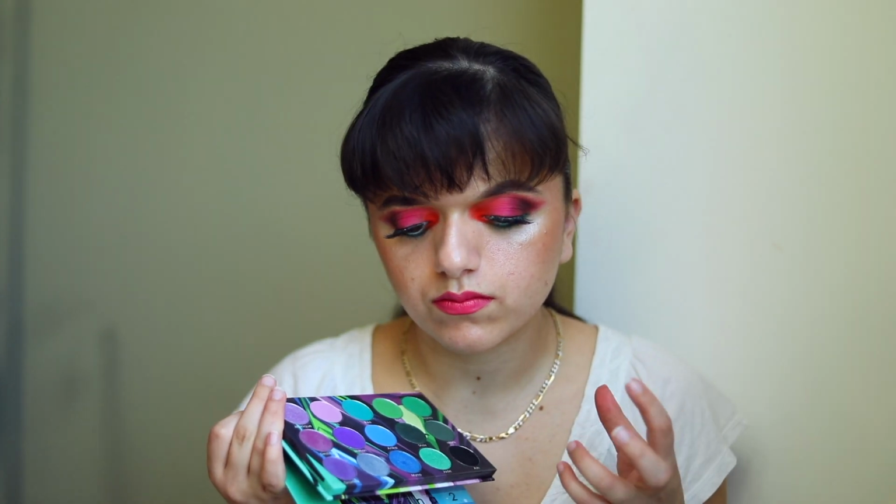I open it and I instantly feel so happy because I know that this is just an object, and it's not necessarily wise for me to attach such strong emotions to something, but I look at this palette and I literally attach it to my journey in colorful makeup, because I feel like this is one of the palettes of a small micro influencer colorful makeup lover YouTuber, you know? That makes no sense. But I feel like almost every single person who loves colorful makeup who is a micro influencer on this platform loves this palette, or at least has been drawn to this palette in some way,